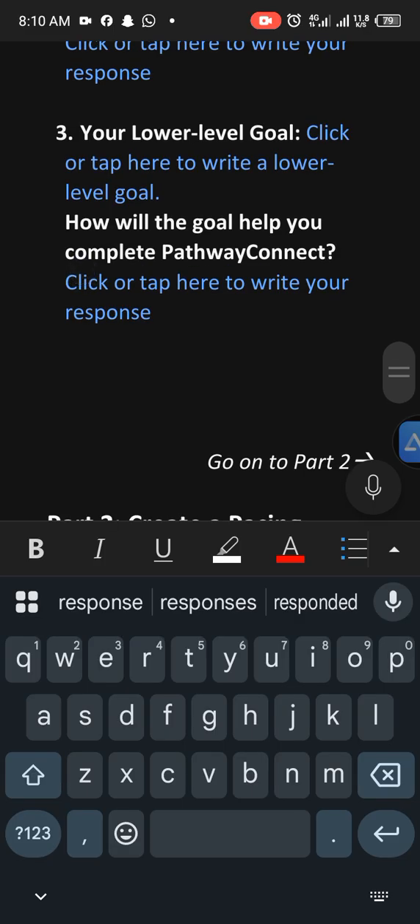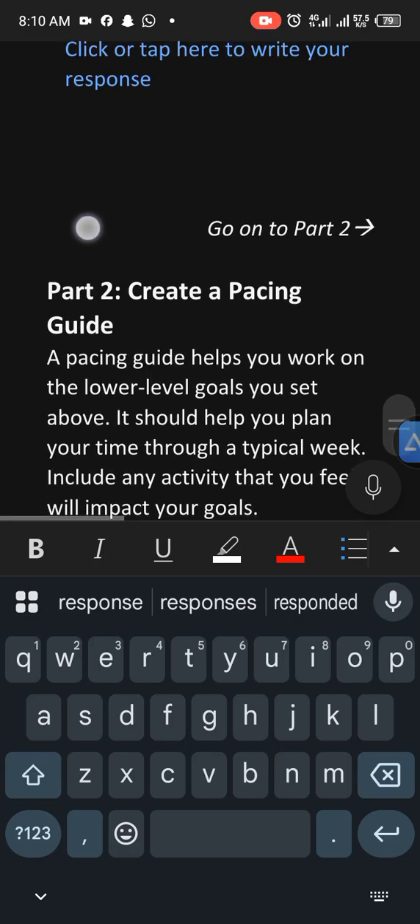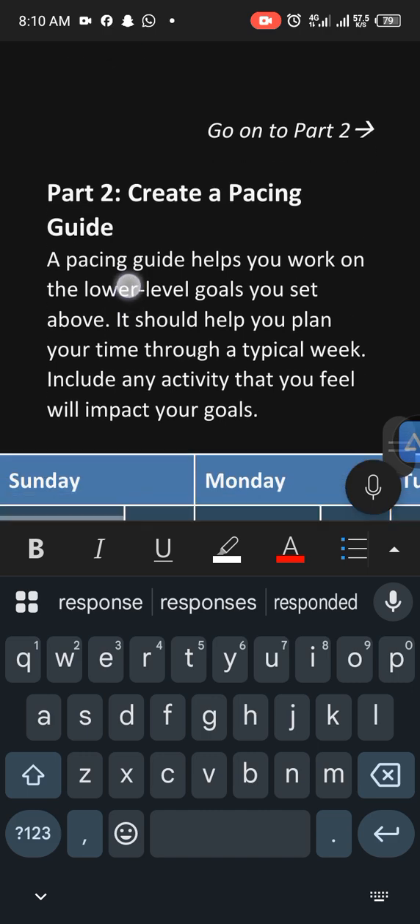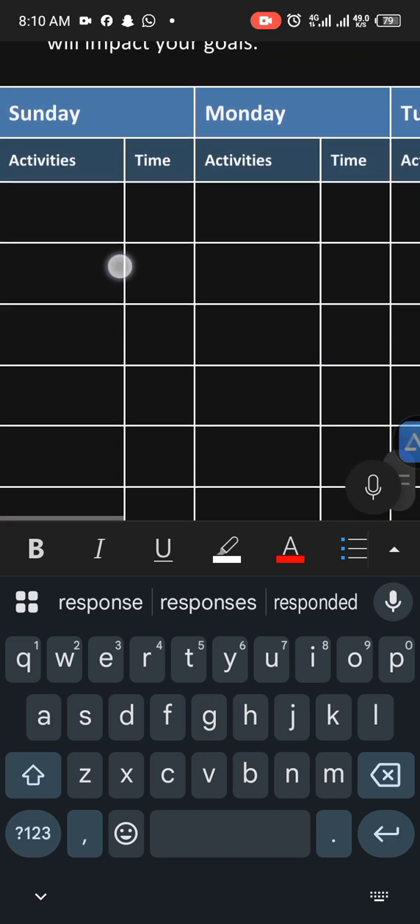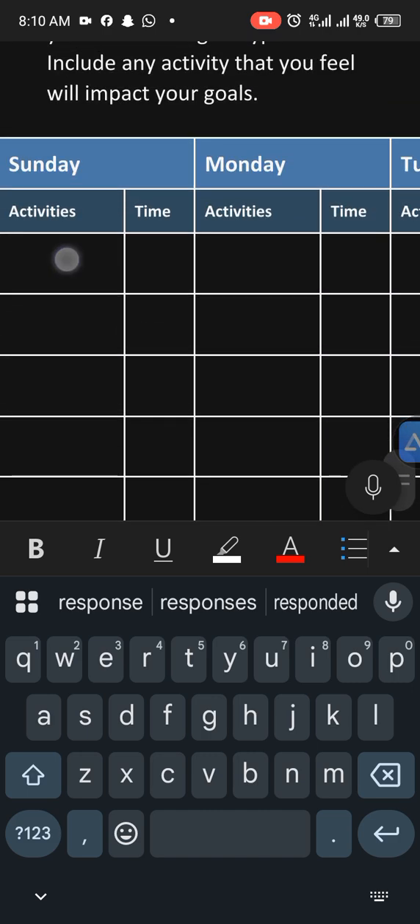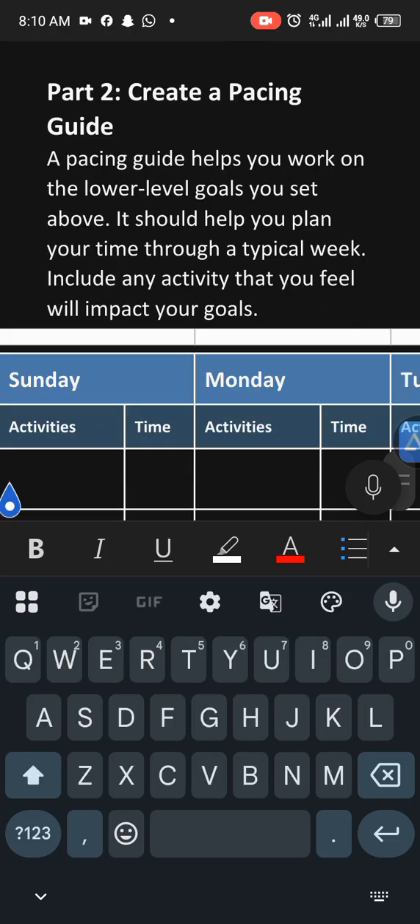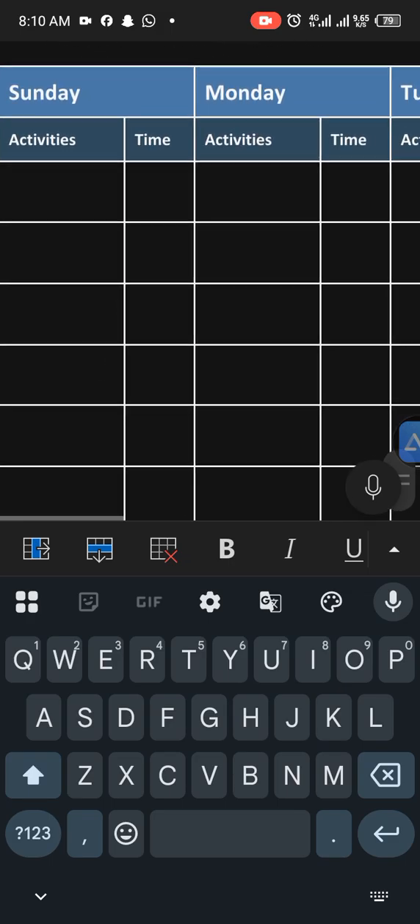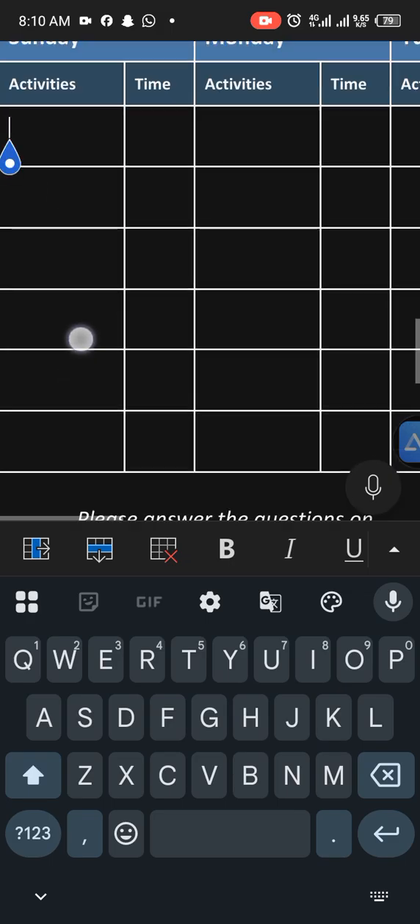Okay, so the same thing you're going to do. After that, you go on to part two. On part two, all you need to do is write what activity you will be doing. A personal guide to help you work on the lower goals you set above. It should help you. So let's say on Sunday I need to go to church, and after coming back from